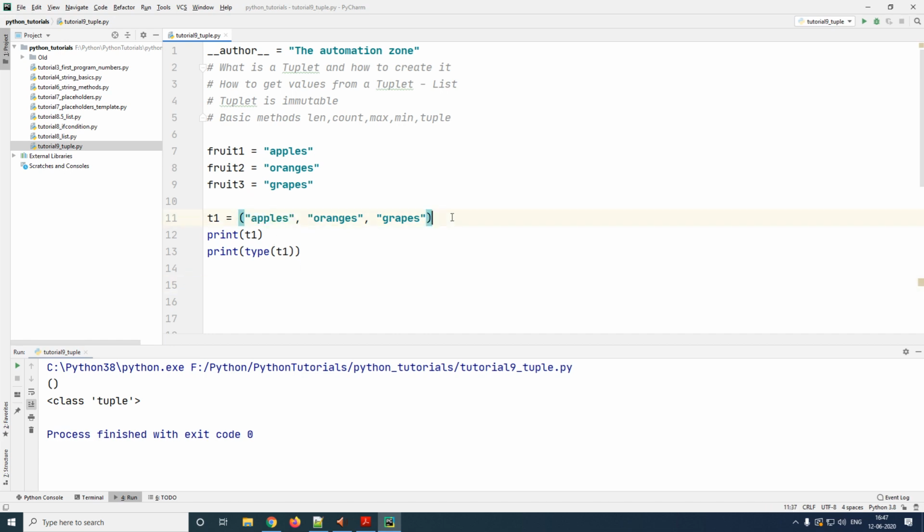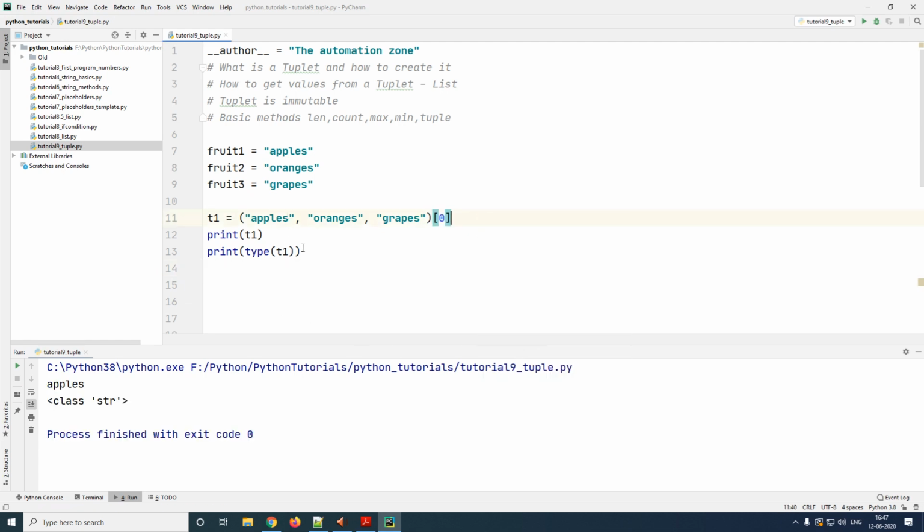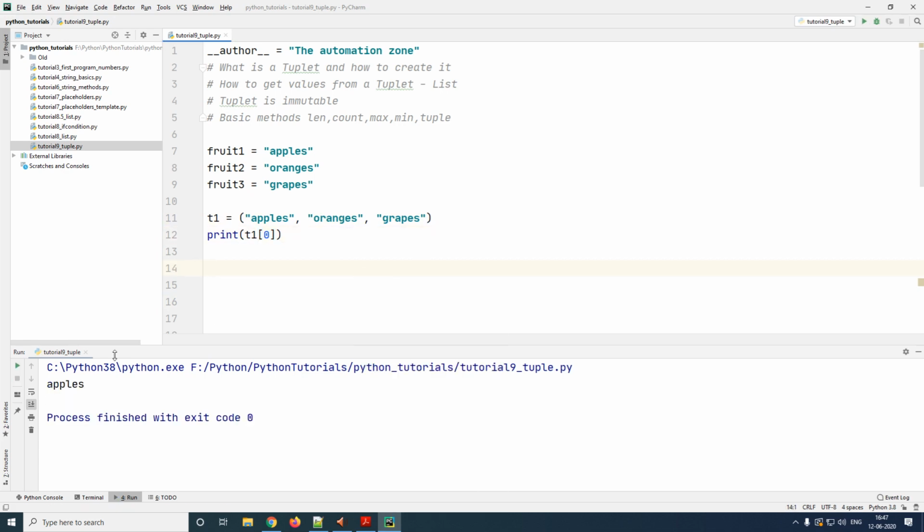Now, in order to access the individual element, you have to type these square brackets and give your index inside of your square brackets. Therefore, I'm giving the index 0. The output should be apples. Let me remove this. Now, either I can give the index with the list itself, or I can give it with the variable which contains the list. So when I run it, you'll get the exact same output.